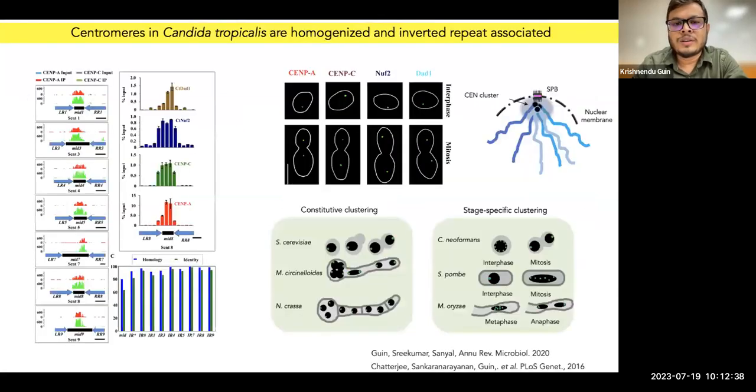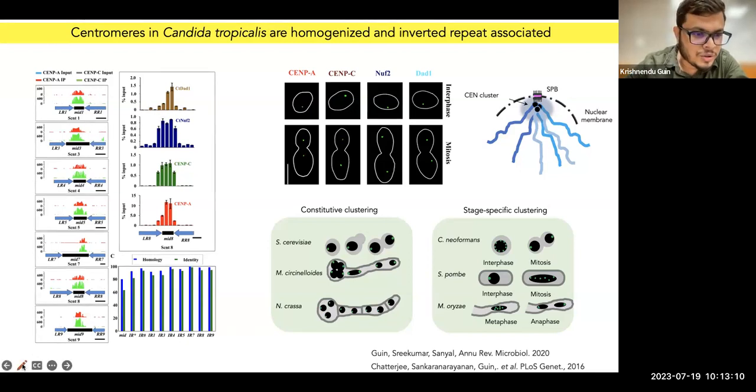And when I joined Kostov's lab, my senior Gautam was working on identification of centromeres in Candida tropicalis, which is, of course, a potential threat and emerging drug-resistant species in the Indian subcontinent. So he was working to identify the centromeres of Candida tropicalis, and he did ChIP sequencing for the kinetochore proteins. And he showed that the centromeres of Candida tropicalis are 7